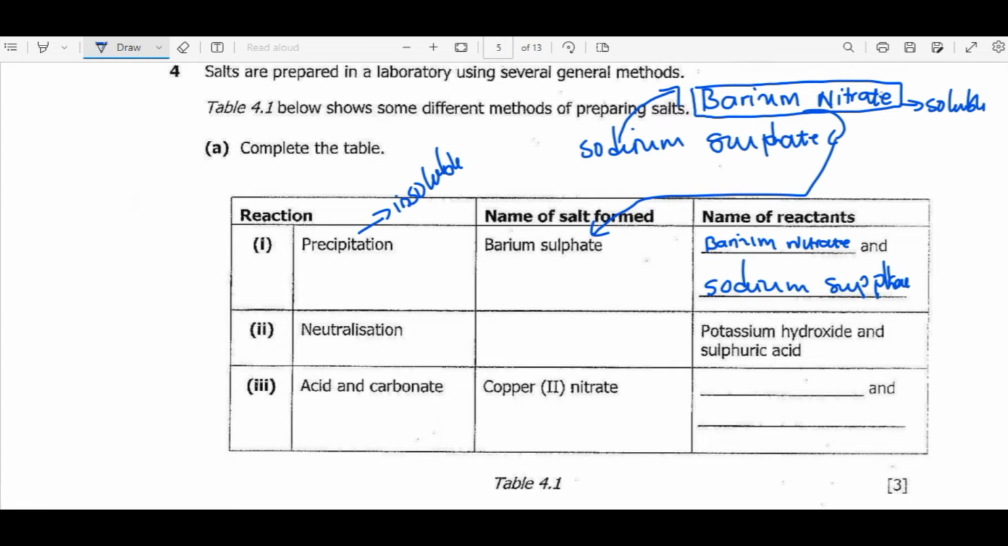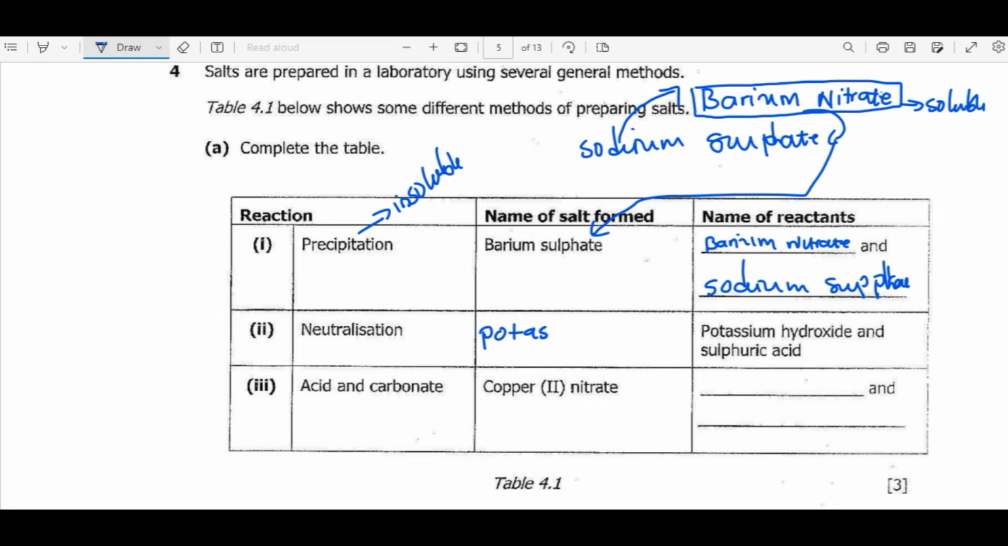We move on to Roman number 2. We have neutralization. Neutralization is a type of reaction that occurs between a strong base and an acid. Then we are given the name of reactants. So potassium hydroxide and sulfuric acid. So the name of the salt formed is potassium